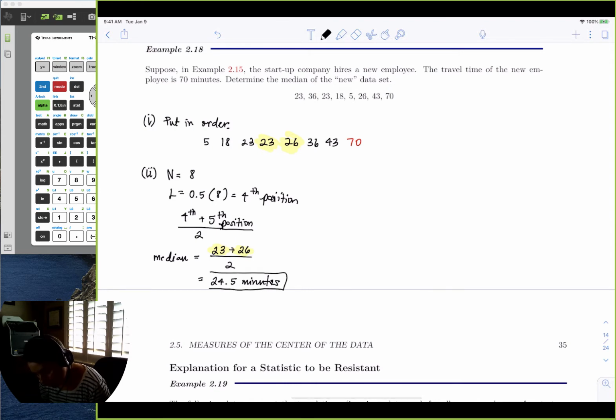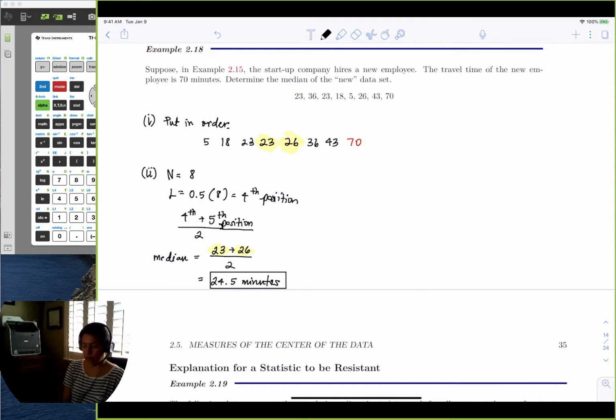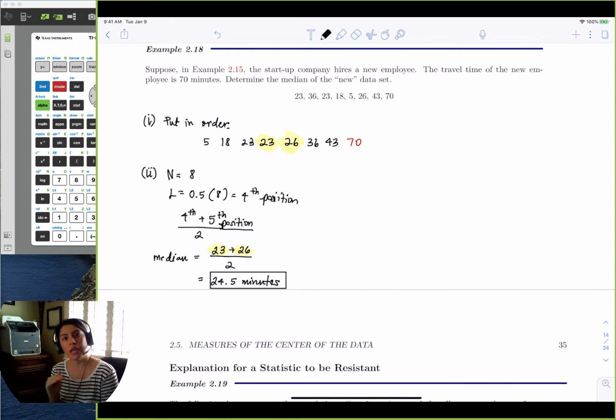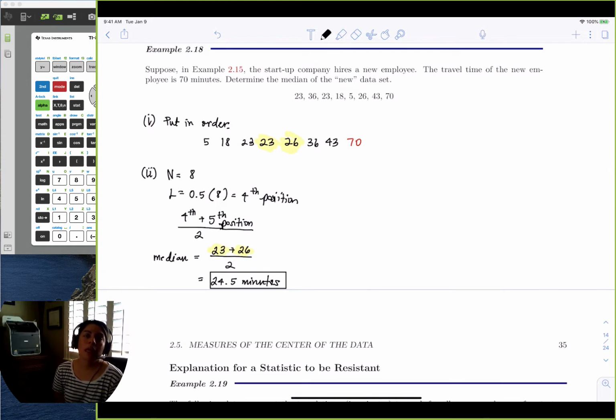So that's the median of the new data set, not average, median, where half the employees take 24 and a half minutes or less to get to work, and the other half takes longer, right? Our original 7 employees had 23 minutes as the median. Is 23 far off from 24 and a half? If I said it took me 23 minutes to get to work and you said it took you 24 and a half minutes, what does 1.5 minutes mean when it comes to working? It's a ride up the elevator, right? So it essentially didn't really weigh much.